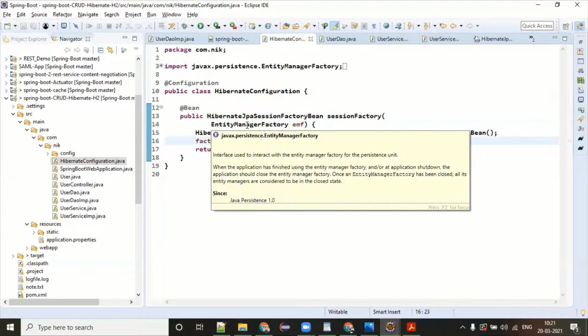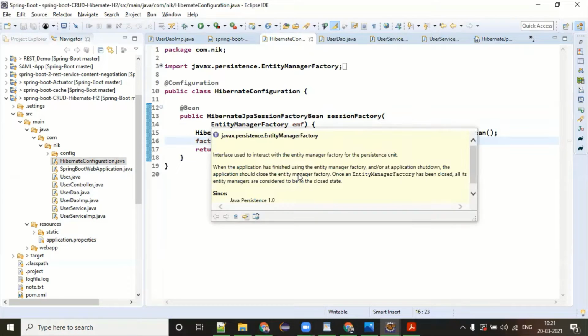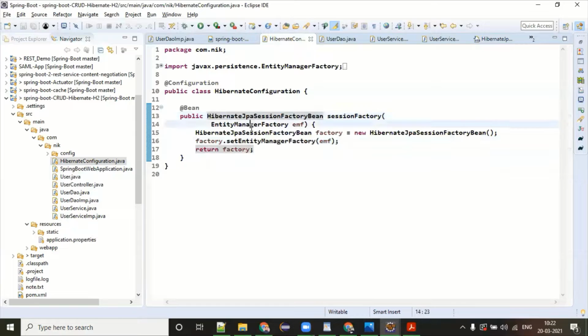Okay, so the purpose of this entity manager factory comes when you are doing cleanup. When you are doing shutdown, all the open sessions and session factories have to be closed. That's the reason we are using this entity manager factory.